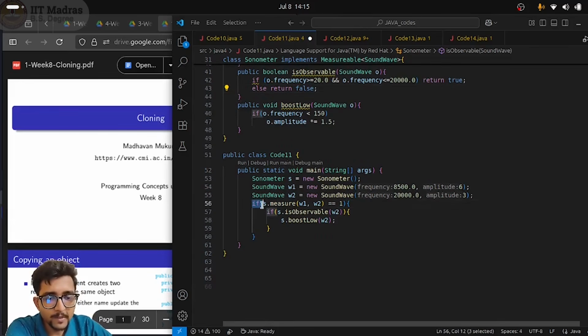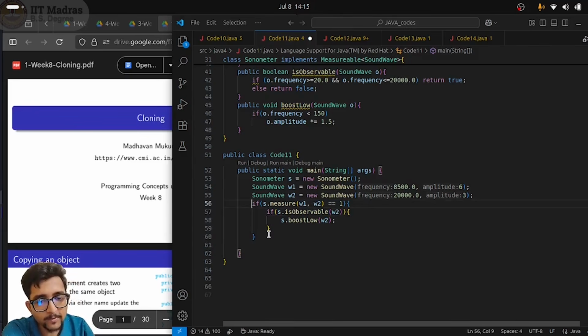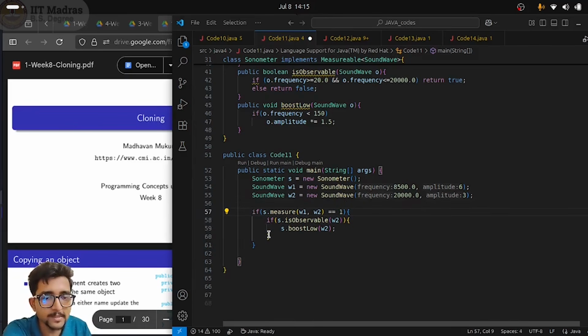So then we are basically using this method to check if I want to boost the low frequency, if I want to do the boost low on that particular sound wave or not. So if these conditions are satisfied, then I will boost the frequency, or I will not do it. So basically the idea is, we are defining a few methods, using them, and overriding them by these two classes and one interface. No new concept, but now what I want to do is, as I told you,